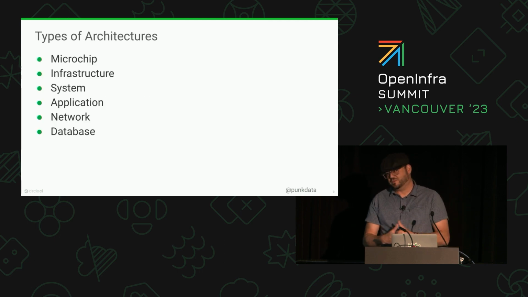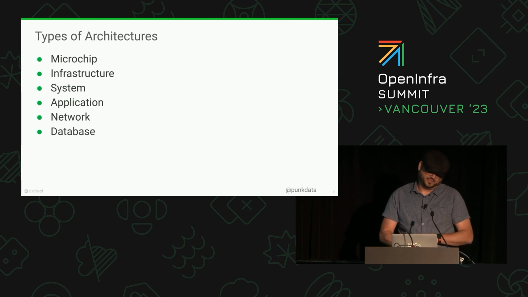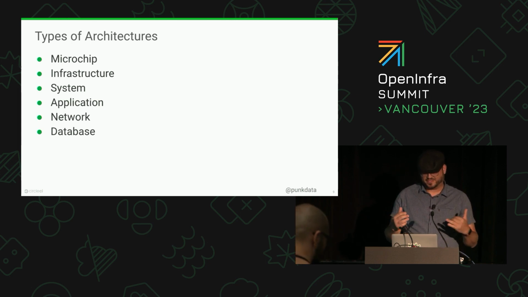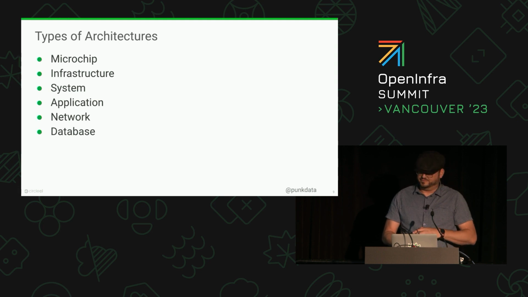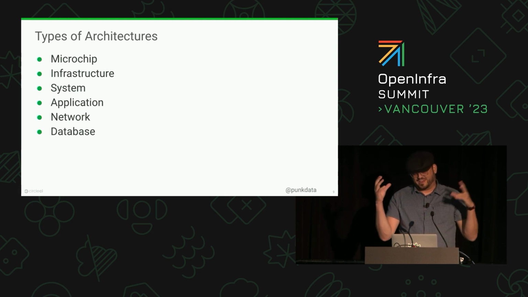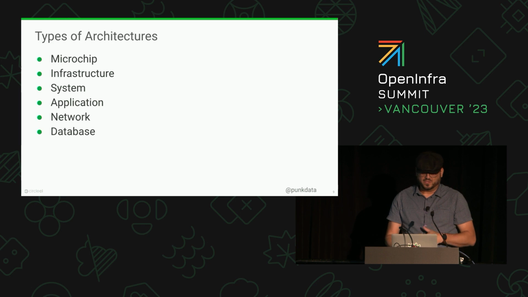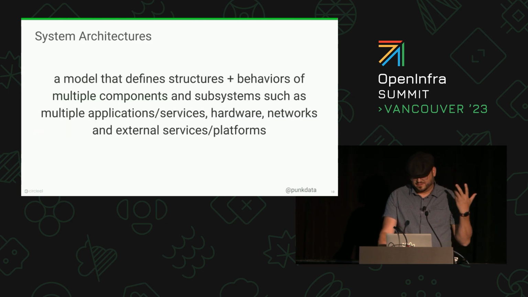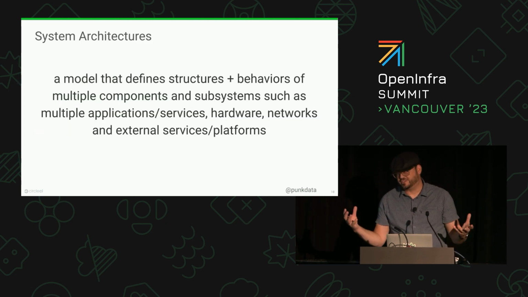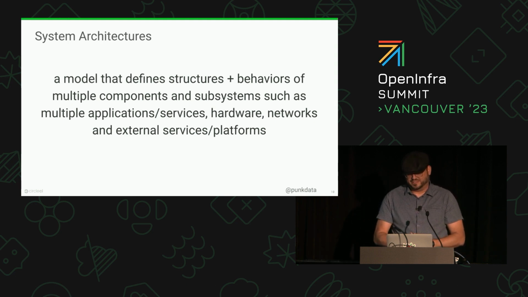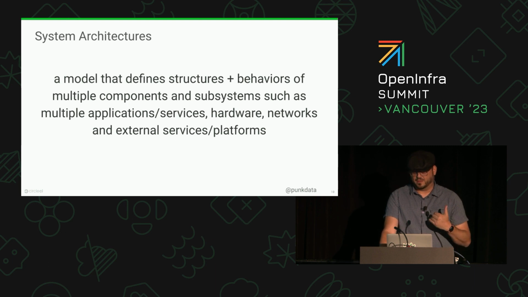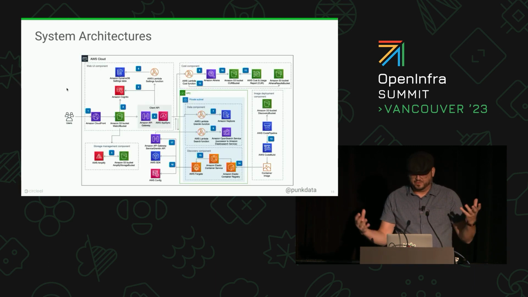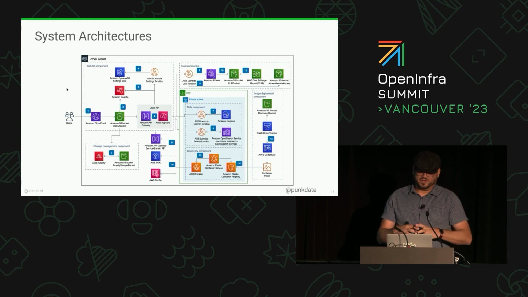But there are multiple types of architectures that we work with. There's chip architectures, right? We have x86, we have ARM, we have Cyrix, if you remember those. But there's a lot of different architectures. The one I'm going to focus in on today is application architecture, of course. But without a system architecture, you don't have the ability to even dedicate an application architecture. So I cribbed this off the internet, but when we're talking about systems, this involves a lot of different